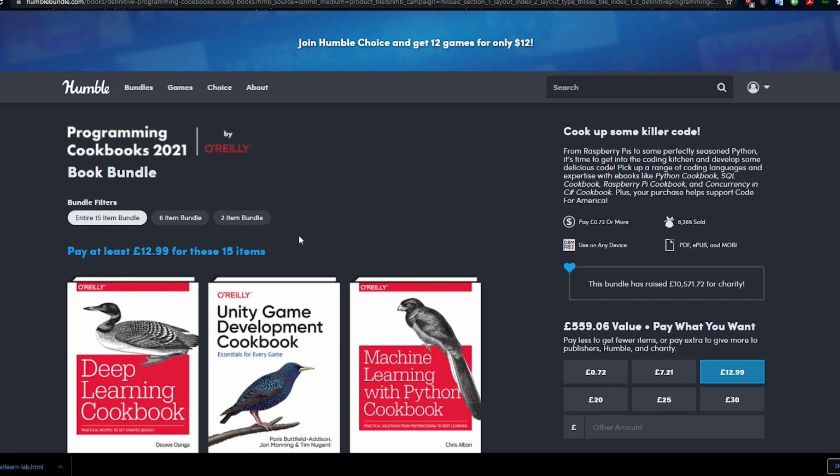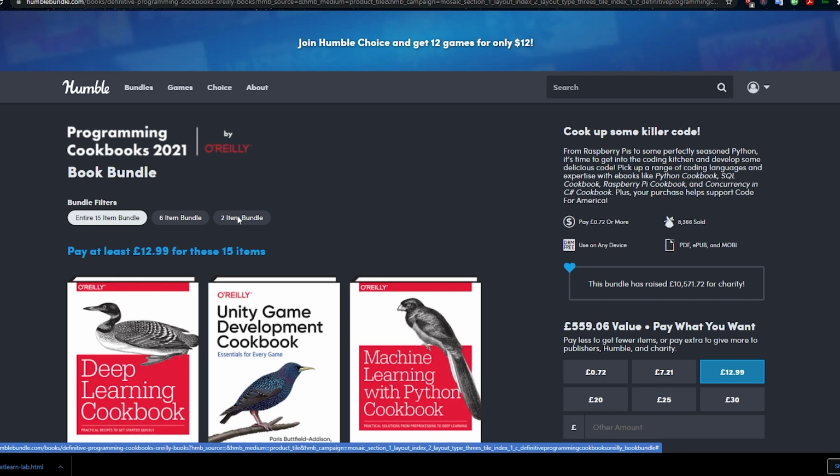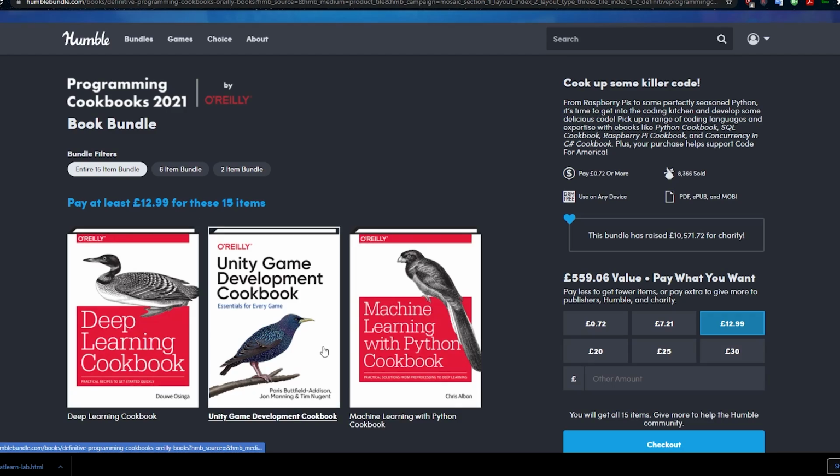And you can buy 2 books or 6 books, or you can buy the 15-item bundle. If you want to buy the 15-item bundle, it's $12.99 in the UK. I don't know what it'll be in your currency if you're not in the UK, but it's usually quite a discount. So you get 15 books in the UK for $12.99,